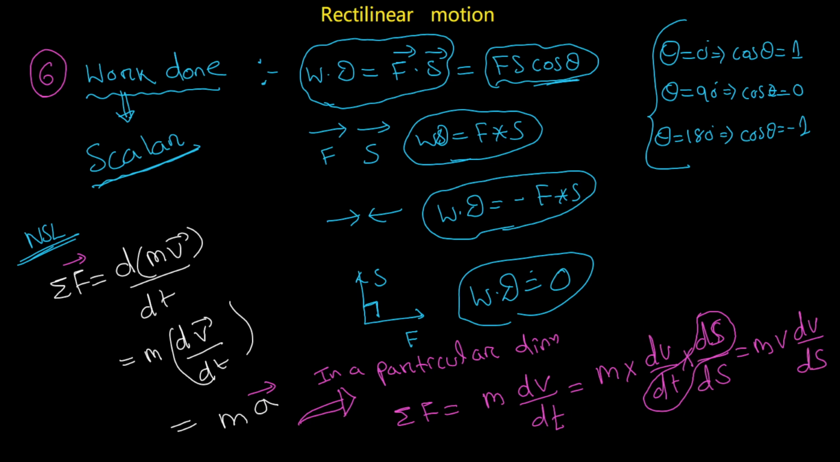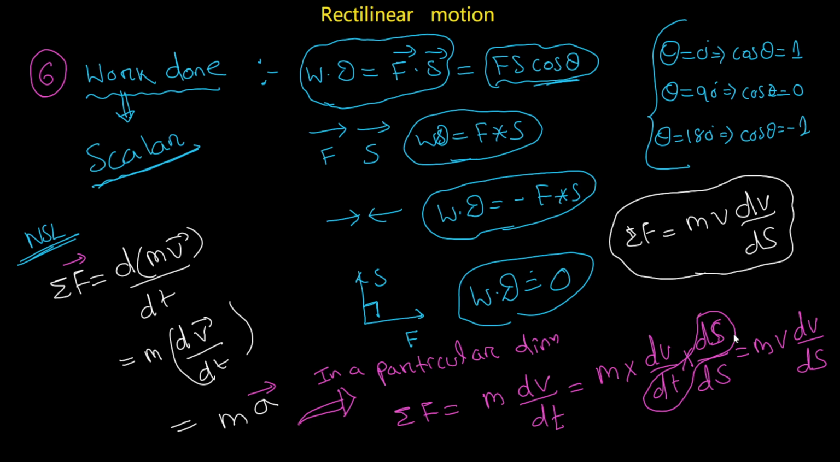So you are getting how much? You are getting net external force is equal to mass into velocity into dv by ds. Okay, this is nothing but Newton's second law in other form. So from here I can write,